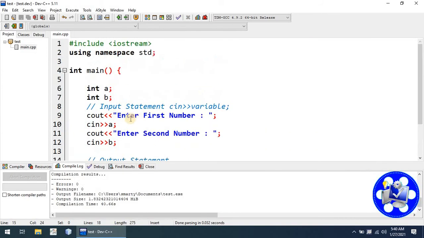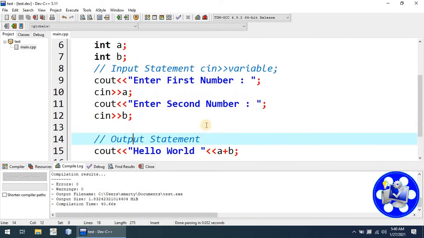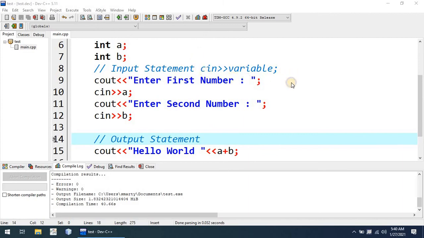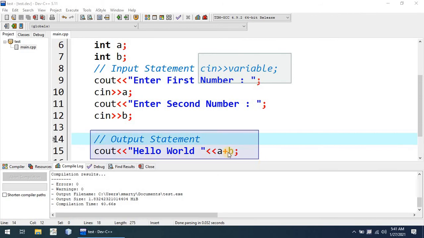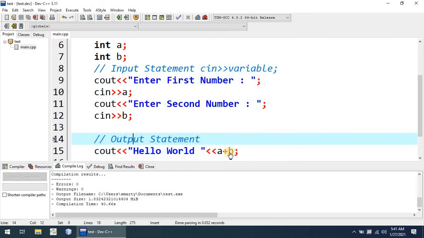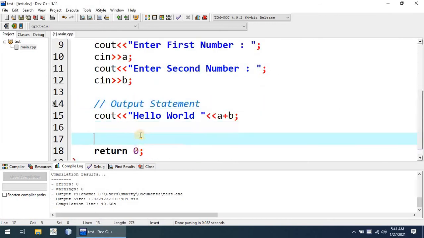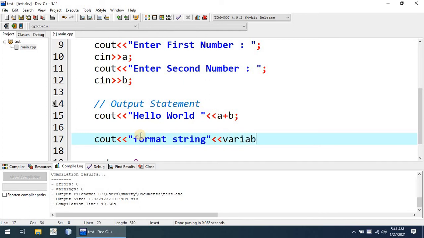Now finally we are going to discuss the output statement and its syntax. As we have discussed the input statement syntax cin, we can also discuss the output statement syntax cout. So let us start. An output statement normally uses the cout object with the insertion operator. Here we can use a format string that is written in double quotes, and variables or expressions.